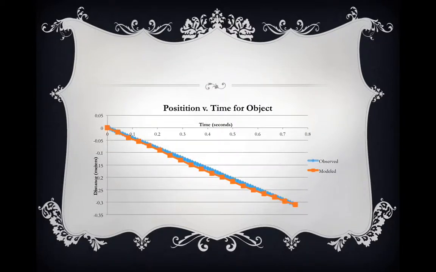Here it can be seen that the observed and predicted paths are very similar, proving that the assumption of 0 net force can be justified. Towards the middle of the graph, the observed path seems to be progressing a little slower than that of the predicted model using the program Python. Error in this observed line can be attributed to the fact that there is a small force against the movement of the ball. It is small enough to be considered negligible, but there is still a small visual confirmation of